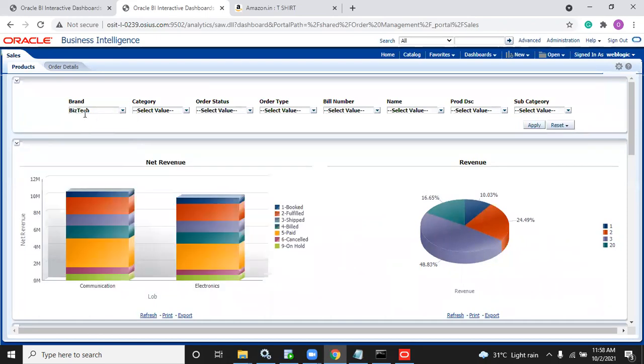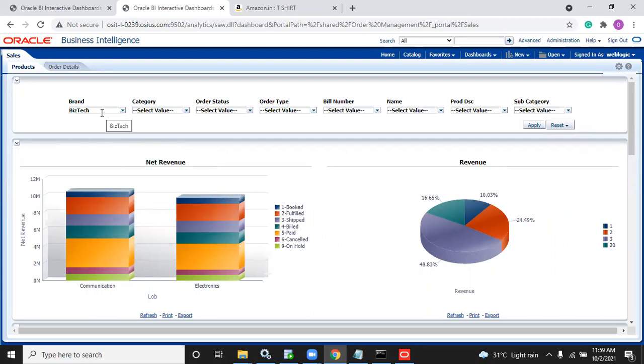How does the system know that if I select BizTech, then it has to display only BizTech related data? That means why is it passing an equal to filter, why is it not passing greater than or not in? Am I correct? I did not provide an equal to anywhere, right? I just selected is prompted. Is prompted doesn't mean that you have to pass it as equal to. Anywhere I did not select the equal to operator. Am I correct or not till now?